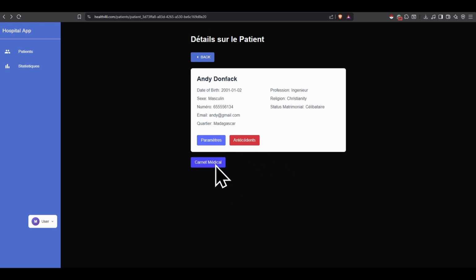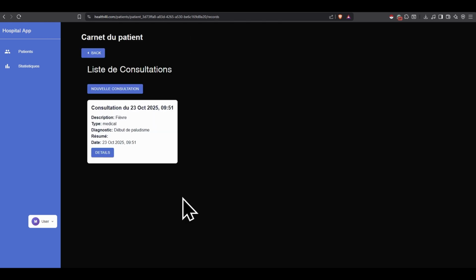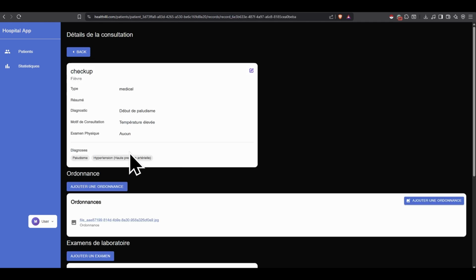And for each patient, you have the medical records, and at the level of the medical records, you can see all the records that the patient had, and access them, and add a new one also. When you access it, you see the details. This one is a key one because it's about the